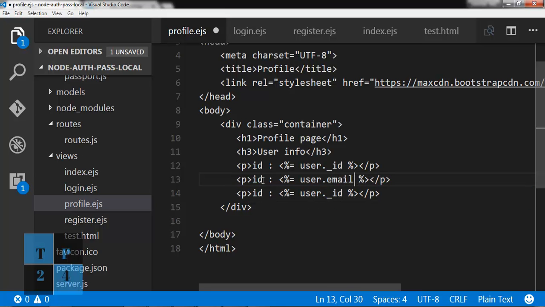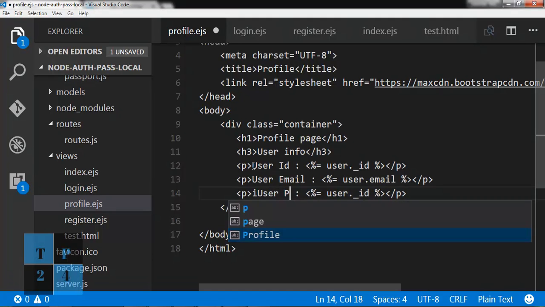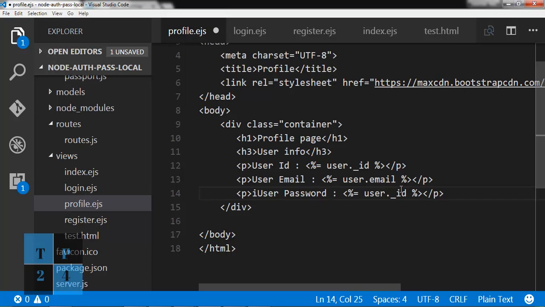email. Here will be email, and here writing user email, and here user id, and here user password. Here will be password. Okay, so I'm going to show this information as a profile page of the user, and here I'm going to